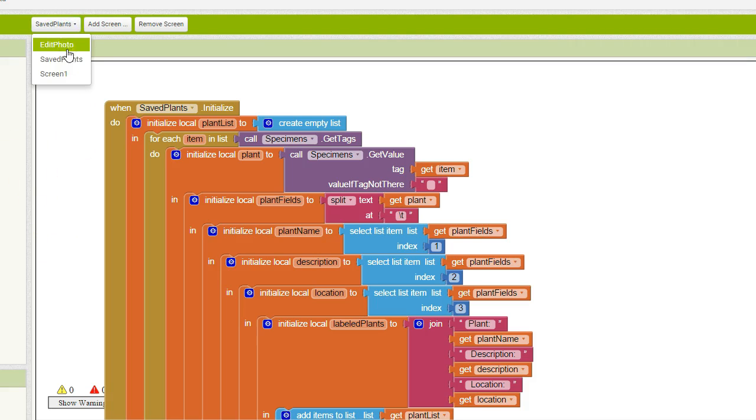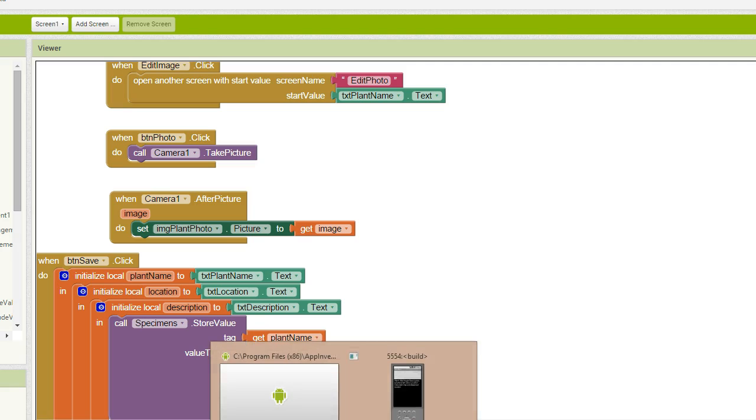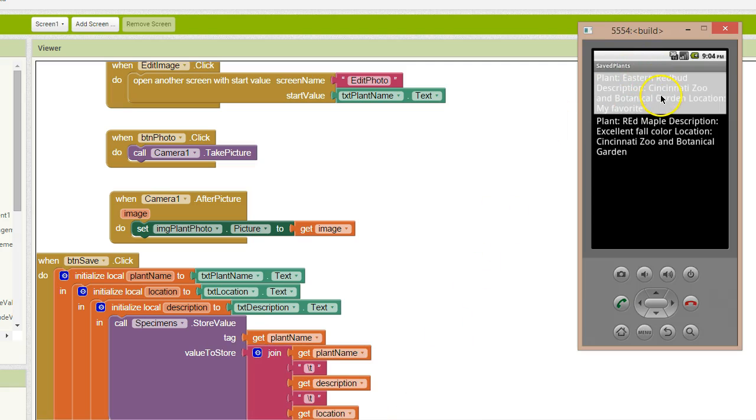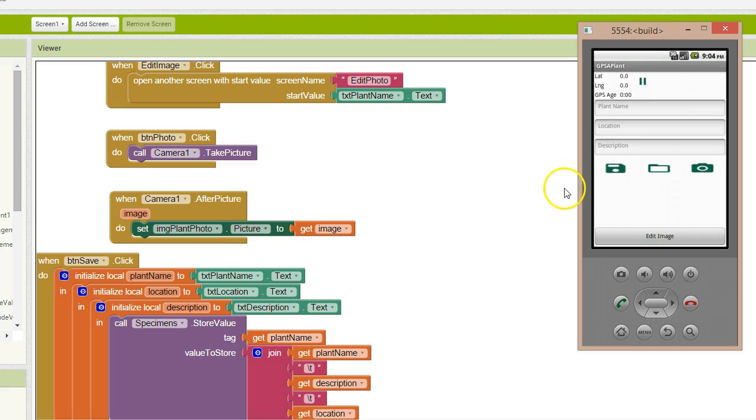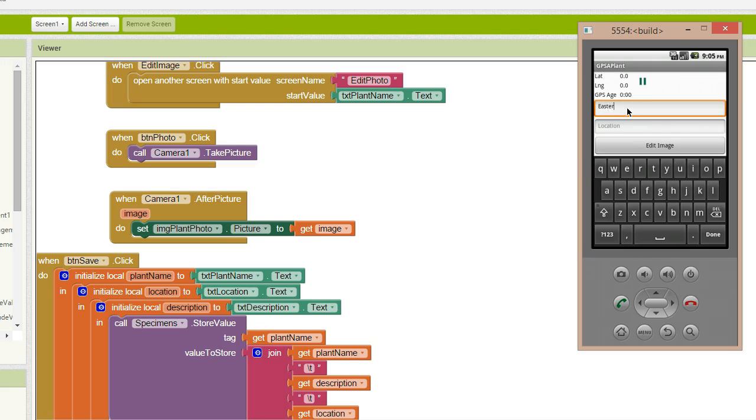And what we're going to find is if we take a look at one of these things like Eastern Redbud, Cincinnati Zoo and Botanical Garden, my favorite, the trick is the tag has to be unique in our database. And for the tag, we're using the plant name, but it's very possible that a plant could get duplicated. So let's see, if I put Eastern Redbud, and I use the exact same spelling, exact same capitalization, Redbud, like so. Location, let's say my home, and then description,